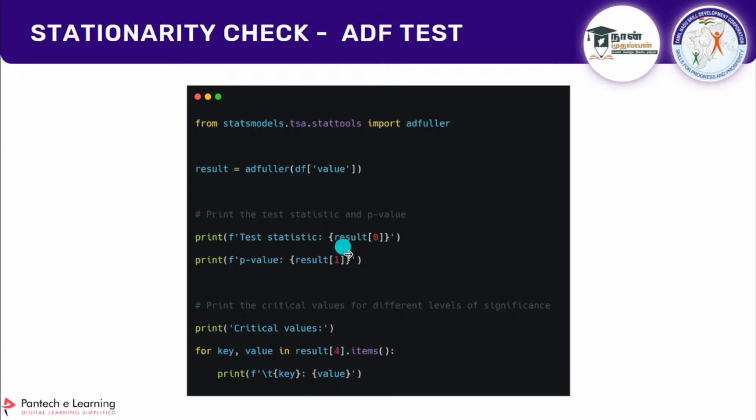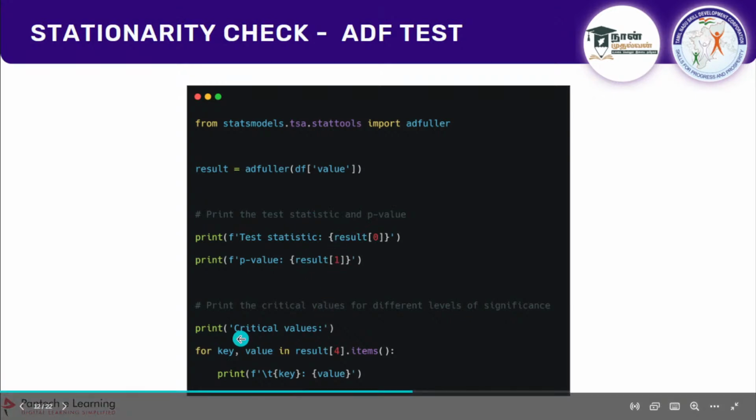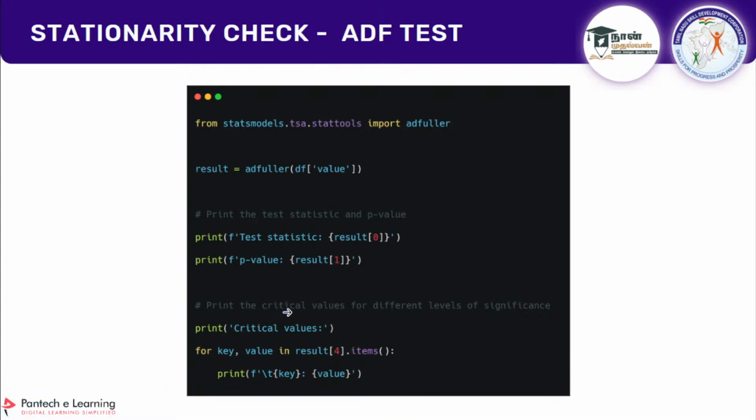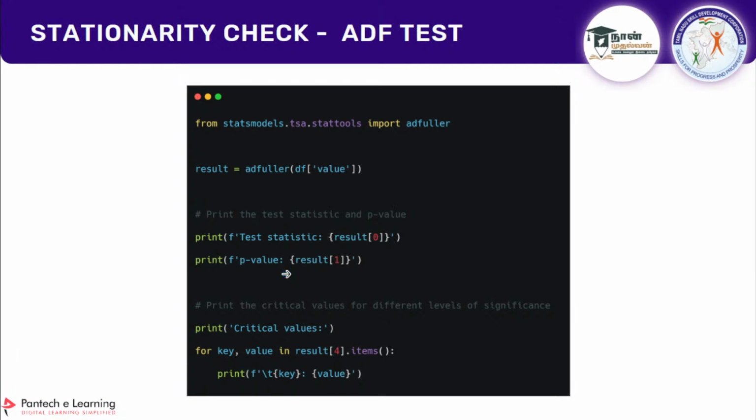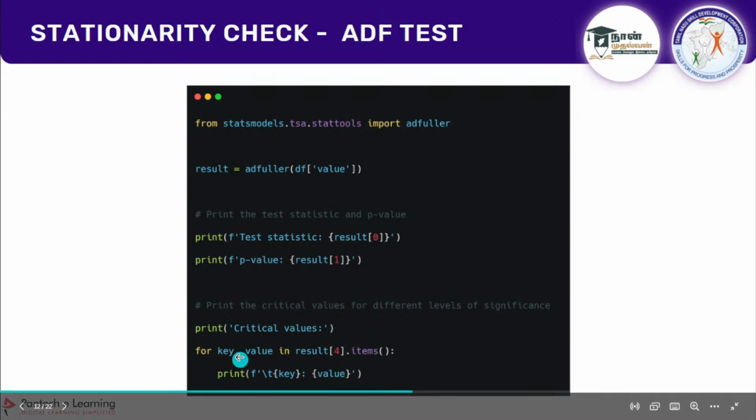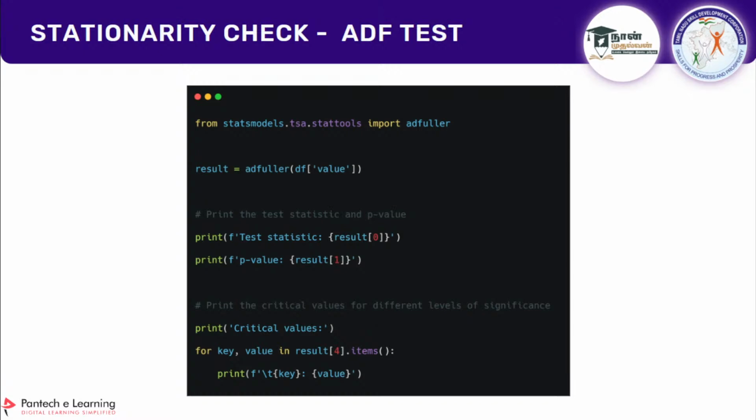This will be the result, and you will be getting the p-value, and finally we are going to get some other values. There will be critical values based on the percentage: 1%, 5%, 10% and so on. If these critical values are greater than the p-value and statistic value, then you can tell that your data is stationary. If the statistic and p-value are greater and these values are smaller, then you can tell your data is not stationary. You have to do something like smoothing effects. Clear?